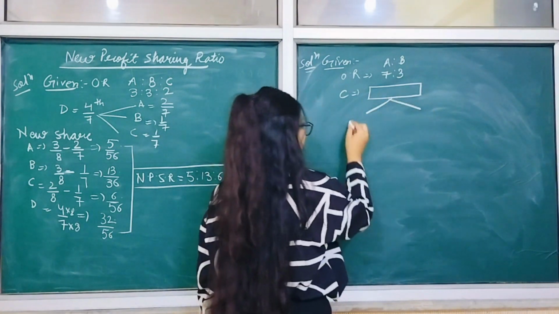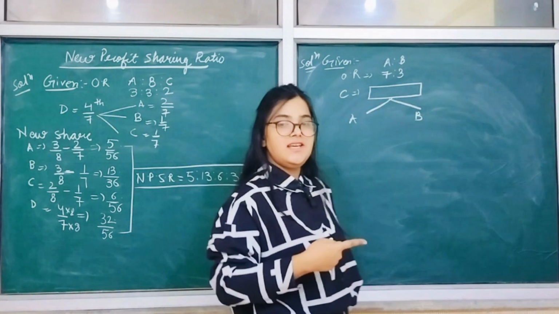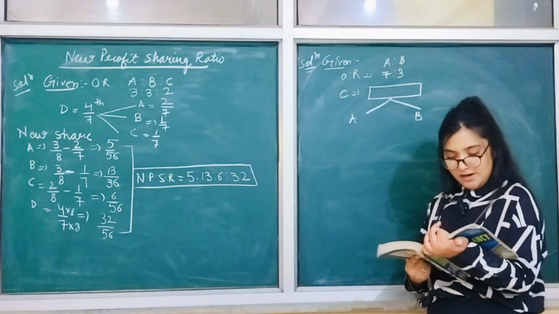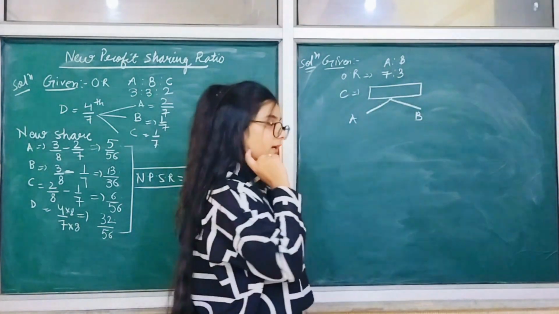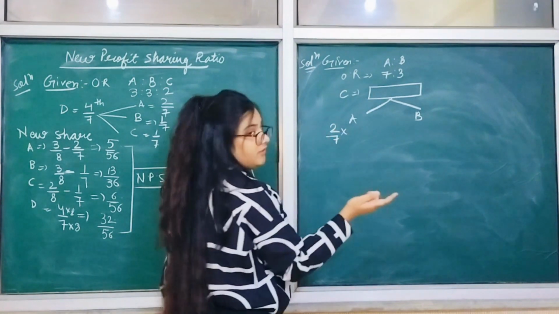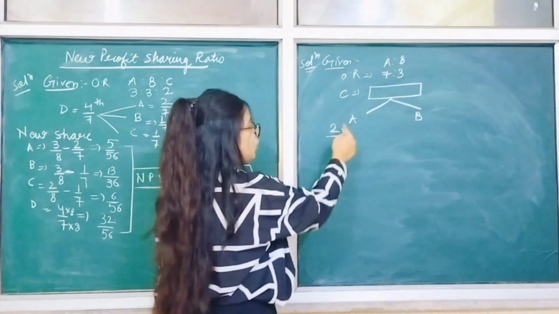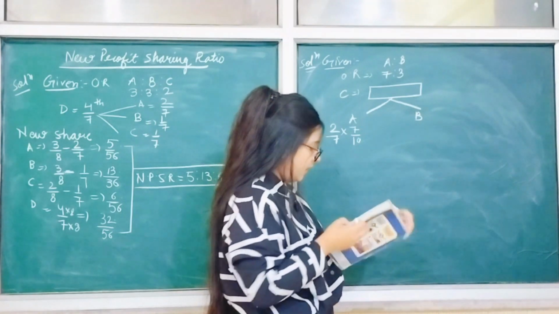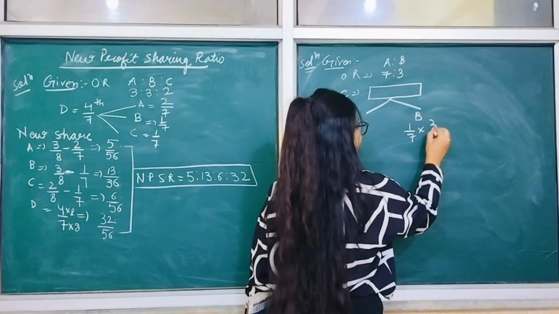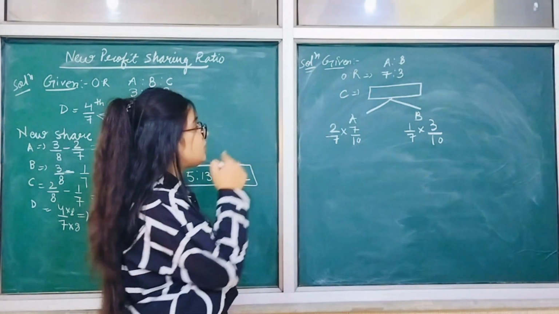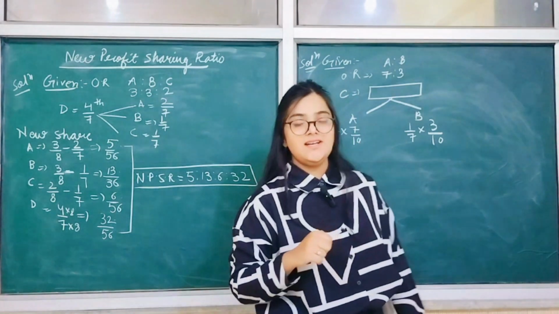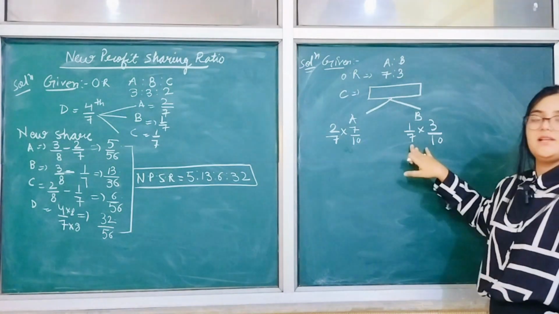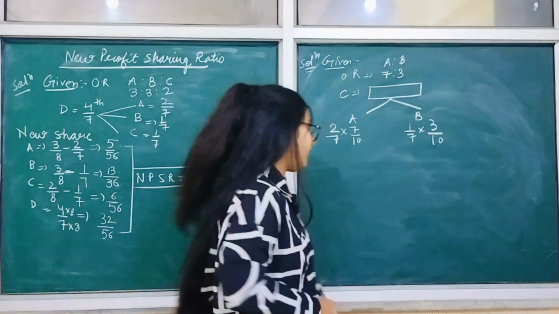So in the question they have told you A, B कि ये जो नया पार्टनर C आया ये अपना शेयर A से कितना ले रहा है और B से कितना ले रहा है. ओके, तो ये जो A है वो अपने शेयर का 2/7 शेयर सेक्रीफाइस कर रहा है. 2/7 ऑफ A का शेयर. सो A का शेयर कितना है? दिस. ओके, B कितना सेक्रीफाइस कर रहा है? 1/7 ऑफ B का शेयर. राइट, so this is what you have to do in order to calculate the C का शेयर. तो ये आपका तीसरा पैटर्न क्वेश्चन है जिसमें आपको सिंपली दे दिया है कि A इतना सेक्रीफाइस कर रहा है और B इतना सेक्रीफाइस कर रहा है. तो पहले तो आप निकालो कि वो दोनों कितना सेक्रीफाइस कर रहे हैं.